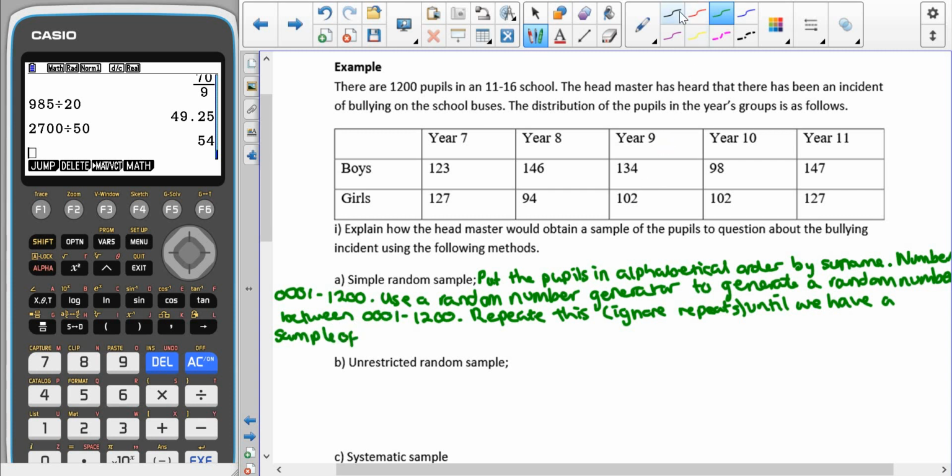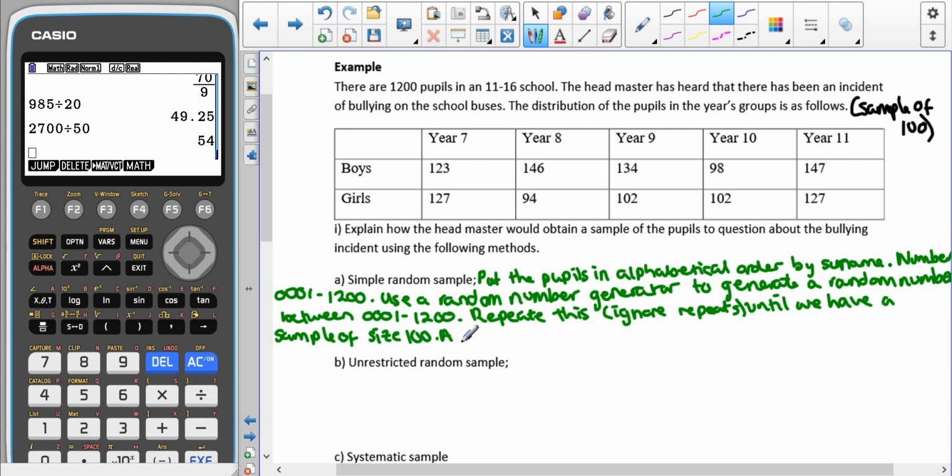of, I'm going to add a bit here saying that we're going to take a sample of 100 just to help me with this example. It doesn't state the sample size, so you could just say a sample of the required size, but just to help me later on with the stratified sampling one, I am going to have to know what the sample size is as well for the systematic one. So a sample of size 100,